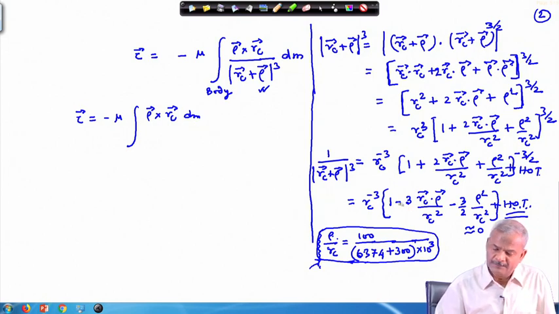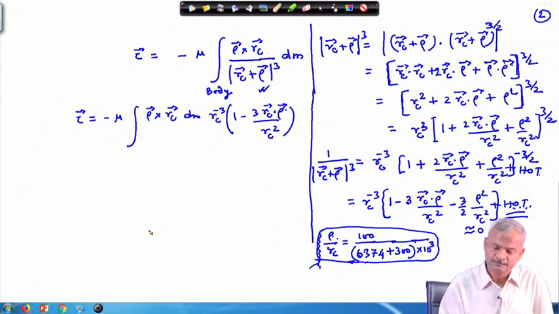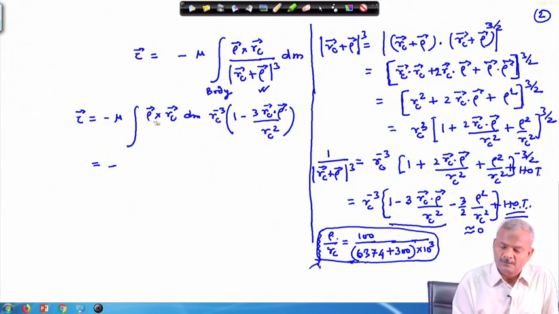times this quantity we have to pick up from here. So, this is RC minus 3, 1 minus 3 RC dot rho divided by RC square. This term from here to here we have picked up, and this term we have ignored. Now, this term, we will take this rho on this side, and this RC will bring on this side. So, this minus sign can be absorbed in this, and therefore, this can be written as mu times,